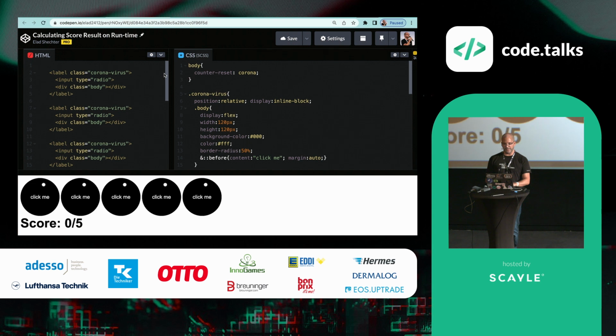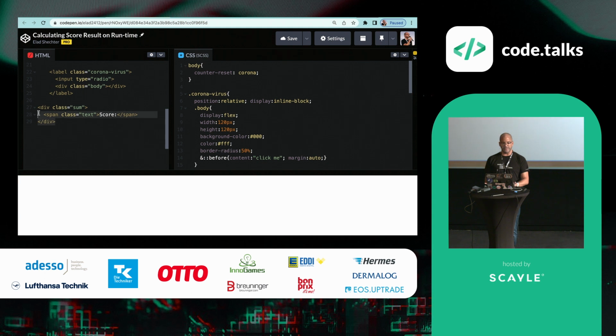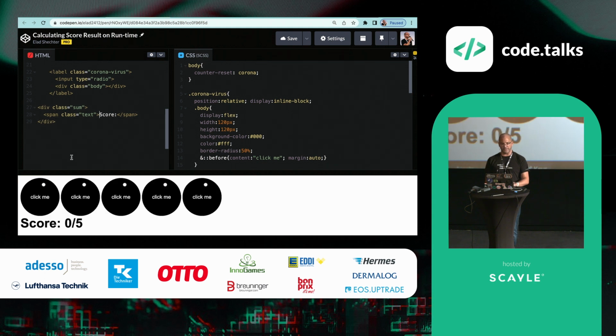Let's open this CodePen. As you can see here, I kind of created 5 coronavirus creatures. These are the label. This is the input type radio. Here, because it's an easier example, I show you it, but in the real game, it has opacity of 0. All the visual part of the virus is this div with the class of body. This is the big black circle. And in the real game, the eyes and the ears are here inside. Okay? A place to summarize the score, in the bottom div class sum, the text score is coming from the HTML part, and the numbers that you're seeing here are coming from the CSS.